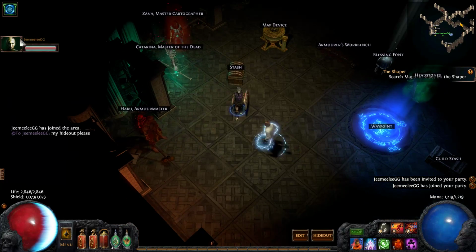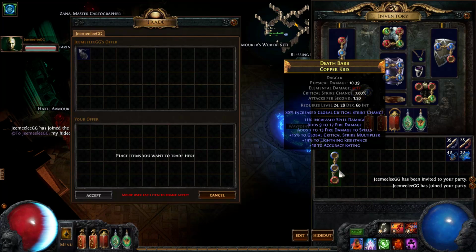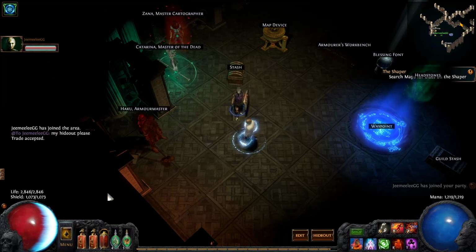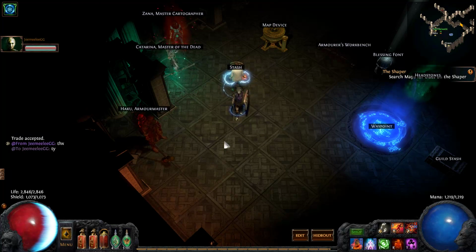There he is. I'm going to trade, and I'm going to give you that, and you will give me an Orb of Alchemy. Boom. Excellent. And then you say something like, thank you. And everyone is super polite and awesome. And you're going to wonder, how did...